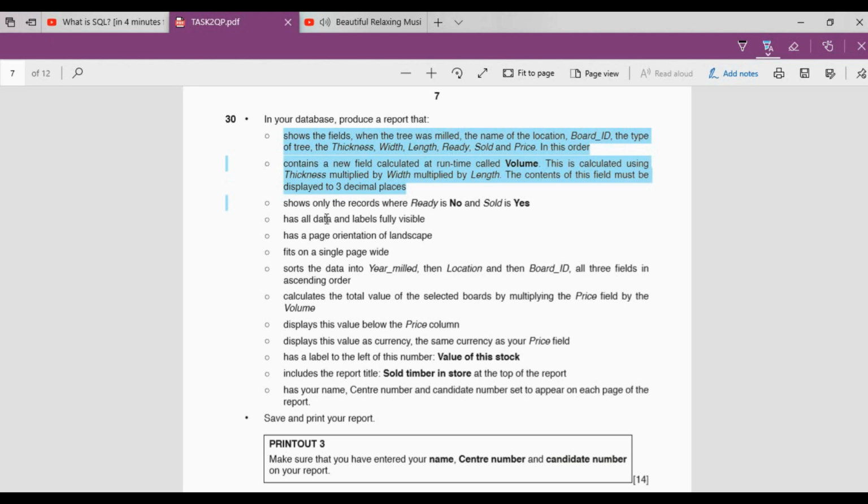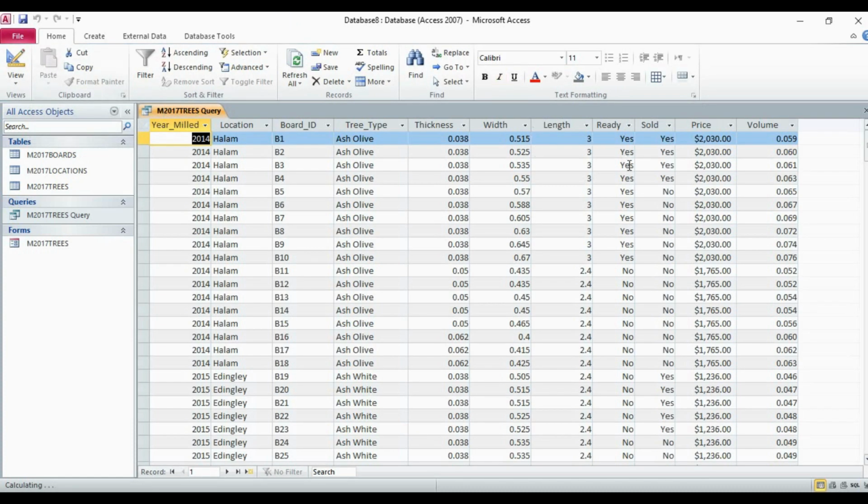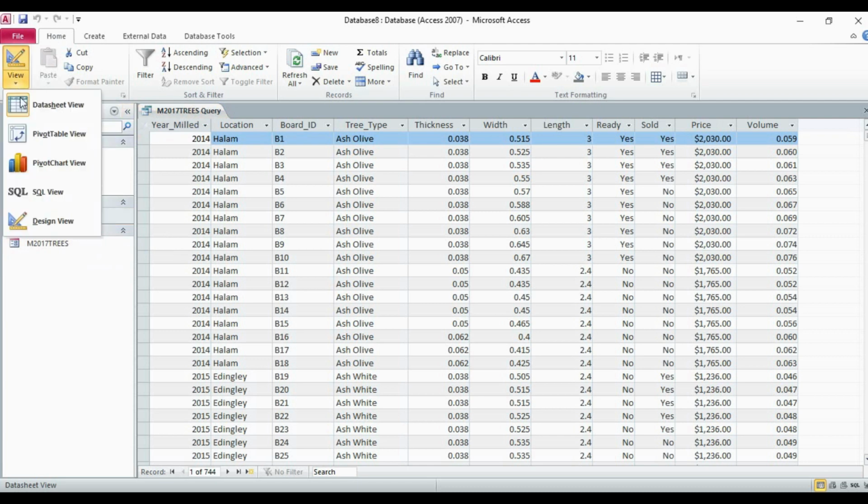In the last tutorial, we discussed the query, and here we used the query. Let's run this query once. To check the result, click on the run command. Here we have this query table. You can see on the left pane, this is the form, and this is the query we have created. Now we go to the design view first of all.